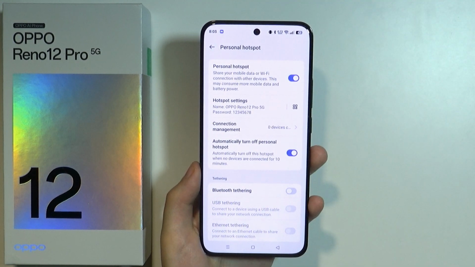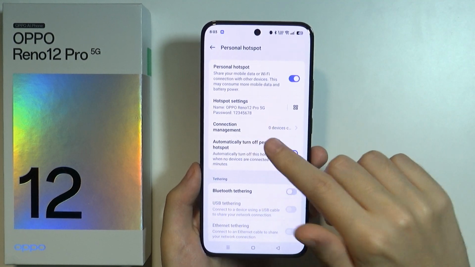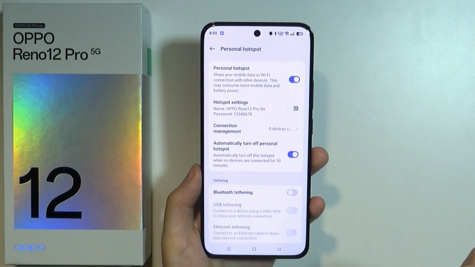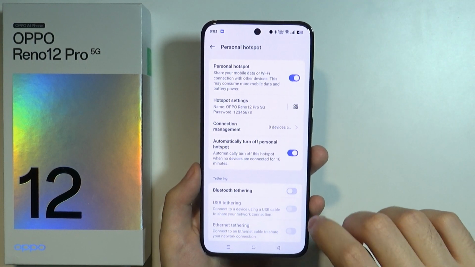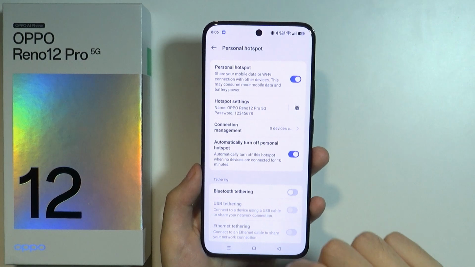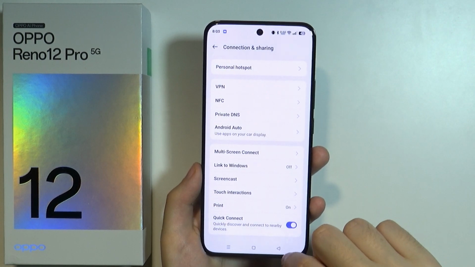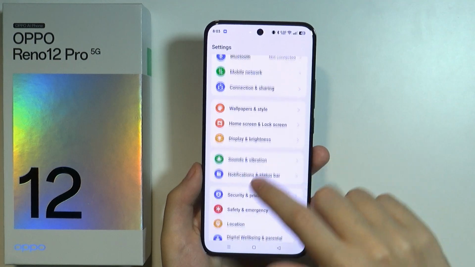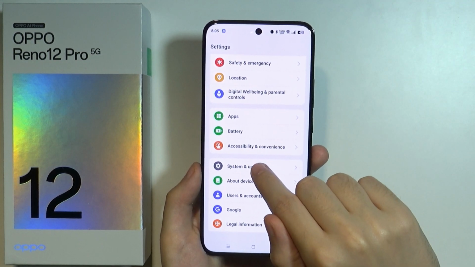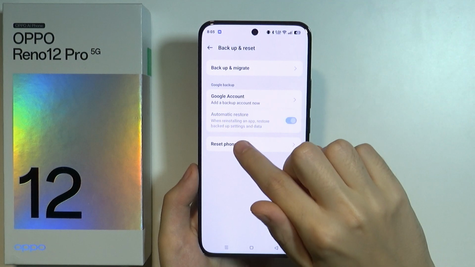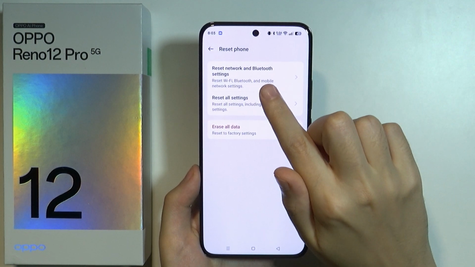Now, if the password still didn't help, like the easy password that you have set up still didn't help, if the other device cannot connect to your hotspot as well, then there is one more thing that you can do. So we're gonna go back to the main menu of the settings, and over here we need to open system and update, and here go to backup and reset, then choose reset phone, and over here you can choose reset